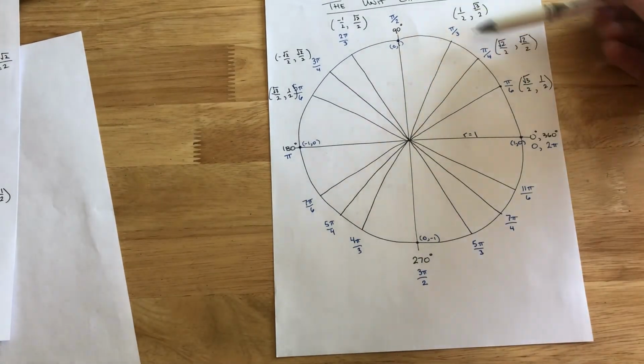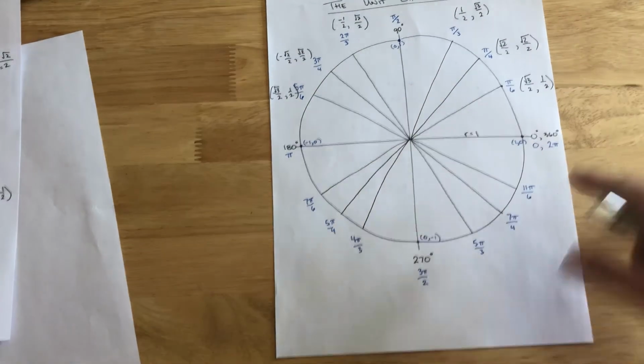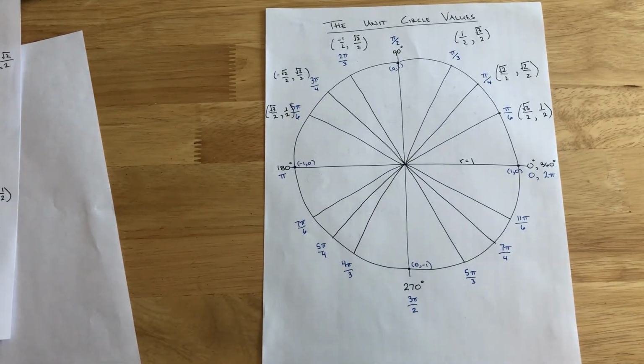So as long as you can build your first quadrant, you can build the entire rest of the unit circle values. So fill those out,